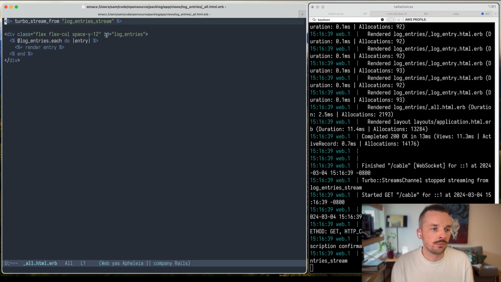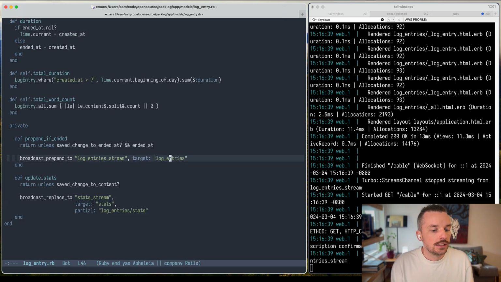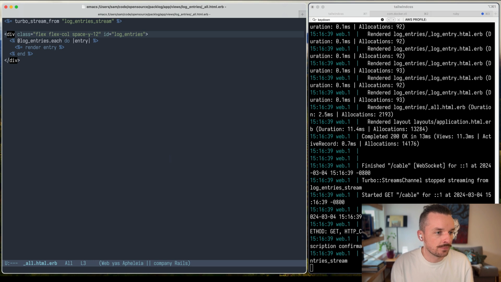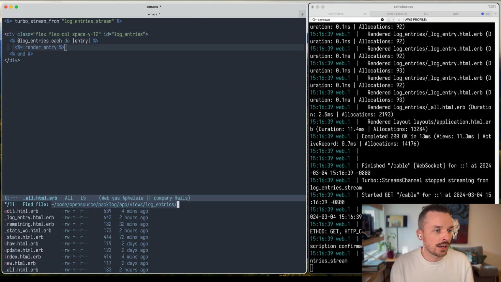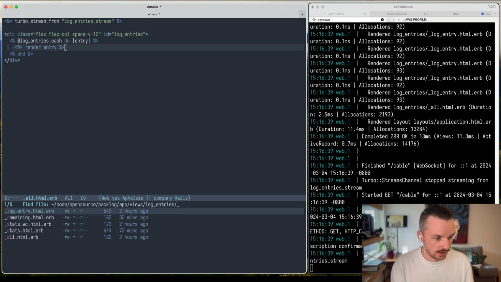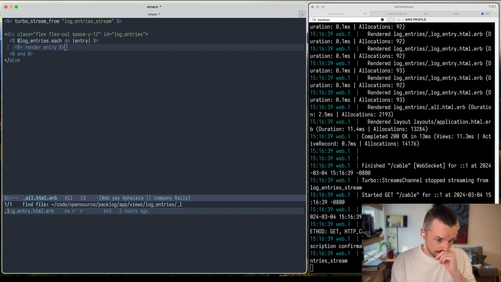Target is just going to be the ID of the HTML element that you're using. I'm calling this log entries. So the target is log entries. You might think, how does it know what template to use? Since it's Rails and we have convention over configuration, it automatically uses the log entry